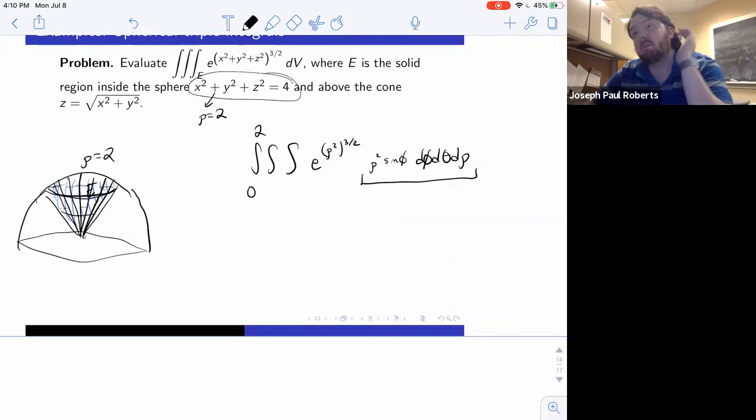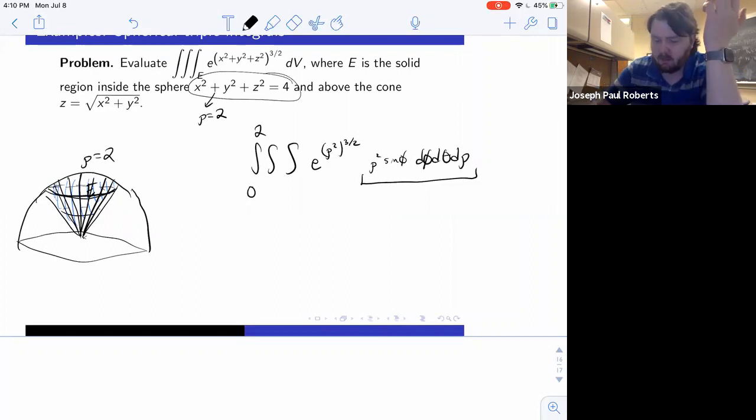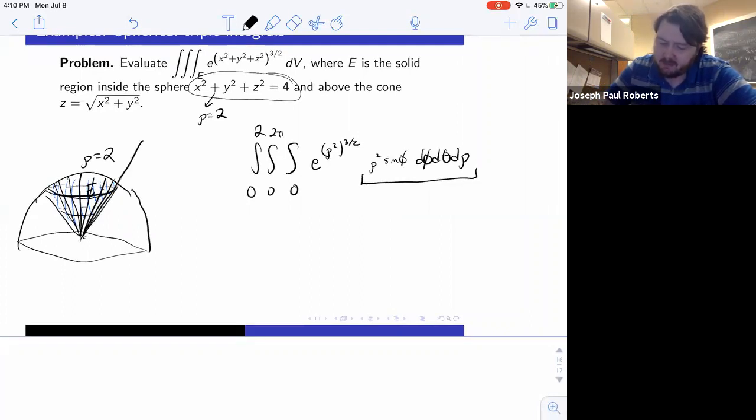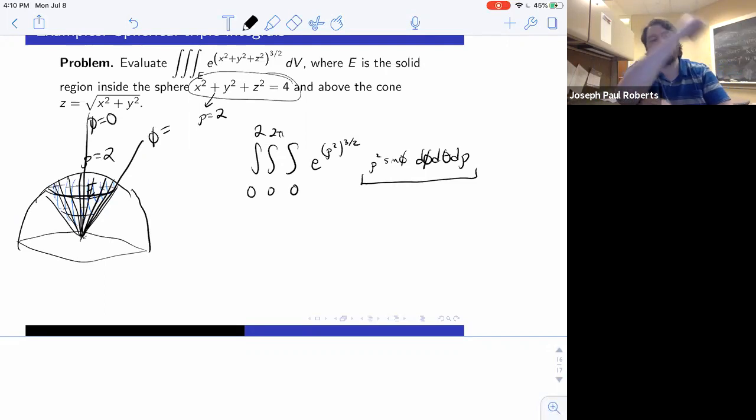If we substitute in the fact that x squared plus y squared plus z squared is rho squared. Okay, and then theta goes all the way around, right? We're not restricting theta at all. So theta is going to go 0 to 2 pi. And then phi is going to start at 0, but it's going to stop before we get to pi over 2. It's going to stop at whatever that cone is at. And so anyway,